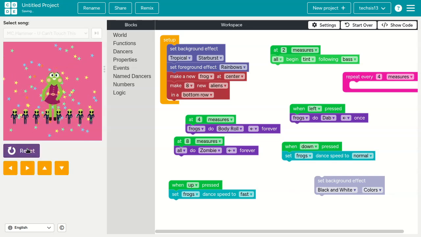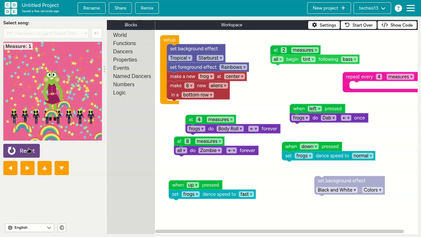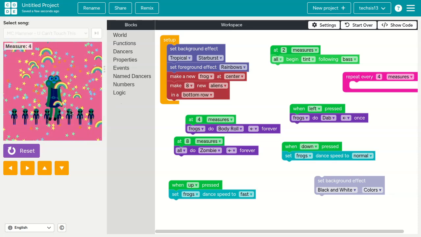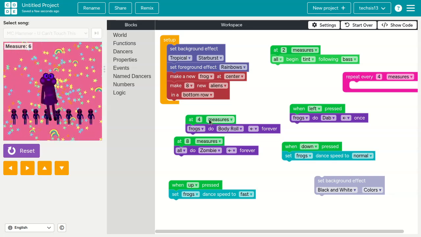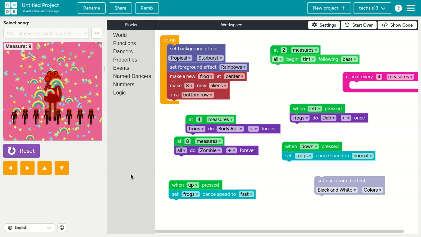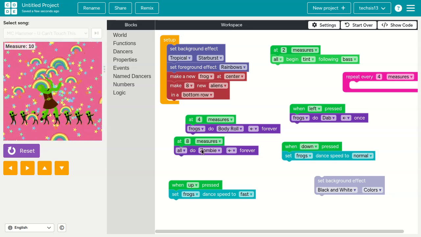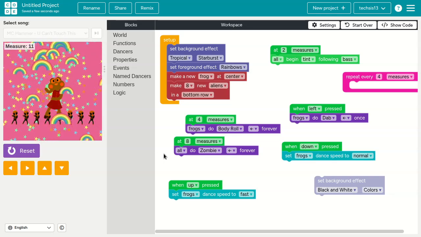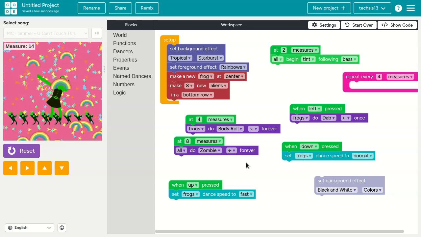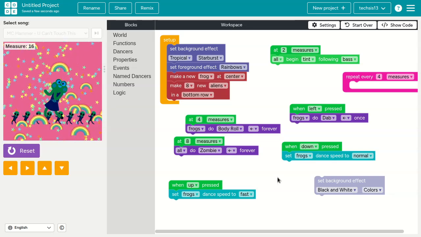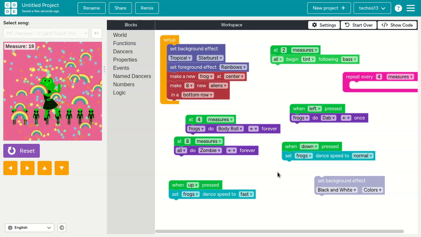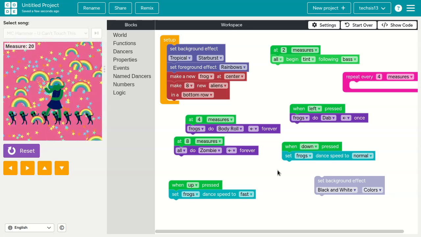Okay, and then when you run it, you've got that going on. Now, they're all changing because it's all right, but actually they're not doing the body rolls. Aliens are not doing the body rolls because look, I targeted the frogs, right? So they're just doing that weird kind of thing. But then here, at 8 measures, all do zombie, which is why the aliens are going for it as well, right? But the dab is just a frog, is it? Yeah, it's just a frog. And the speed is just a frog. Alright, okay.